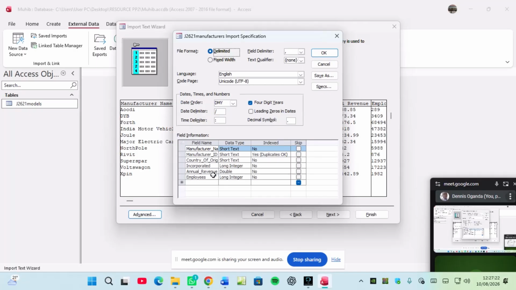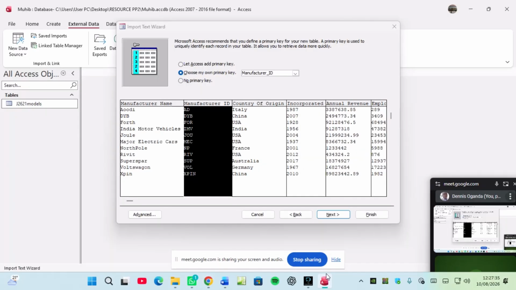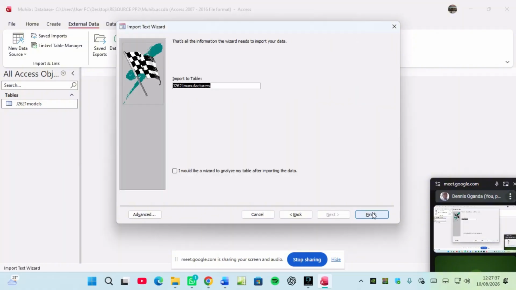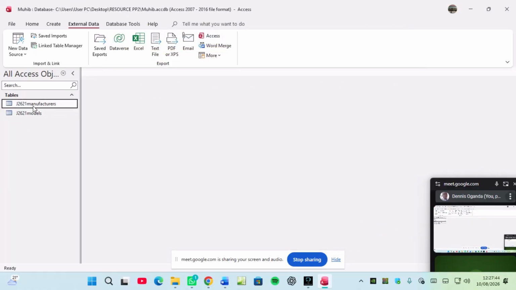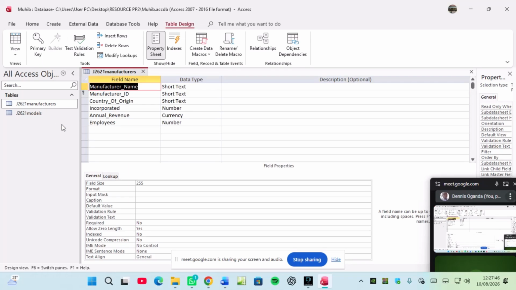So when I come here, annual revenue, it's double, but I think I should give it currency. And then these ones are okay. They're integers. The rest are okay. I just click OK. After clicking OK, I go to Next, and then I go to Finish, and then close. So this manufacturer table, let's see how it looks like. Design view. So the first one was short text, and then incorporated was a number, which was an integer, and